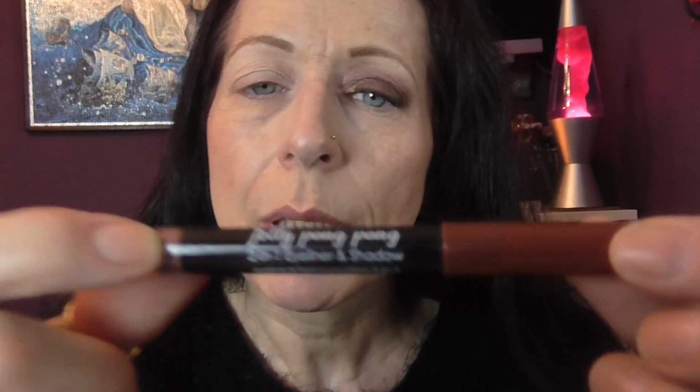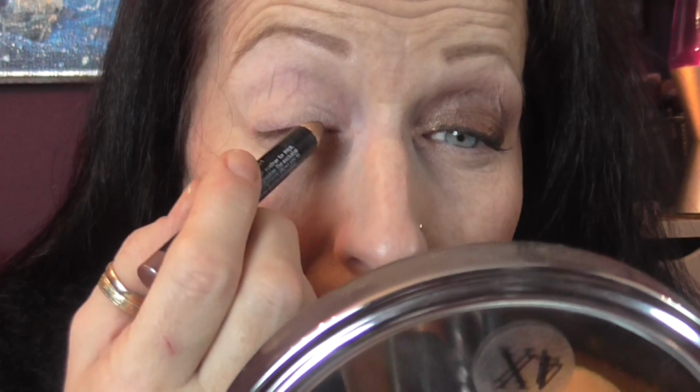And then I have used a brown 2-in-1 eyeliner and shadow pencil from Jelly Pong Pong, and this is in, is there a colour on here? Can't see a colour. No. I can't find a colour. But it's this lovely darkish brown colour. I'll zoom you in a little way. Like that. And what I'm going to do with this is just line